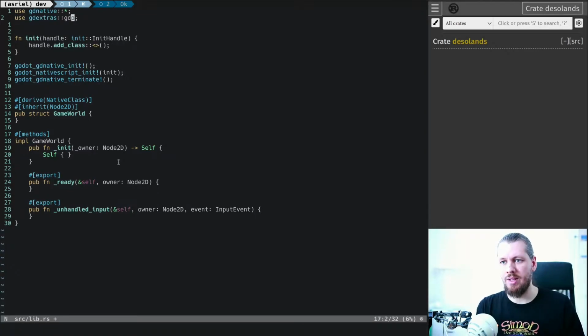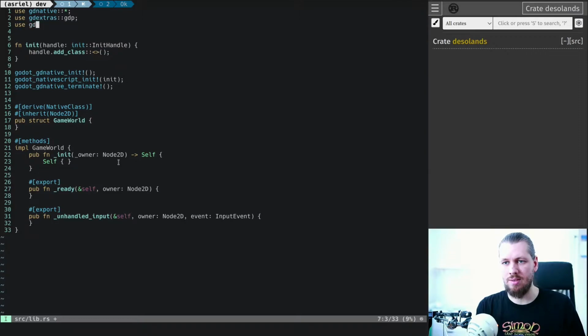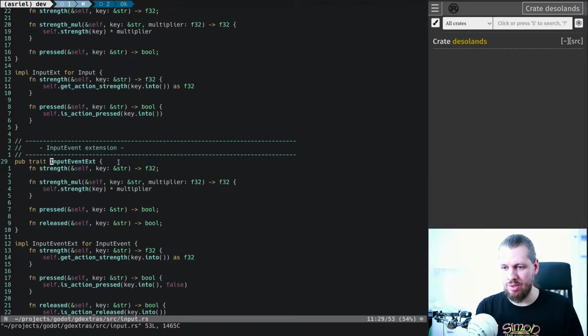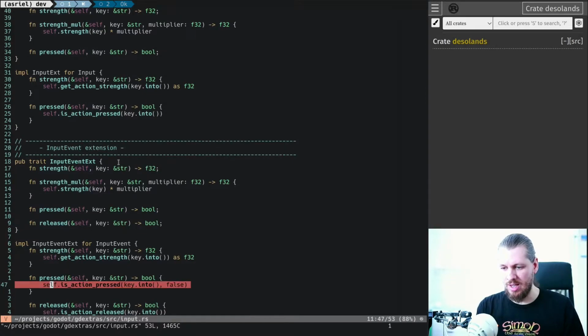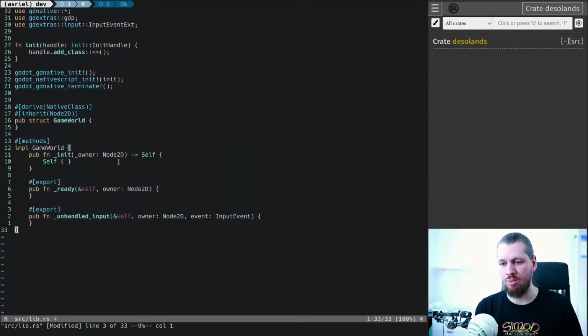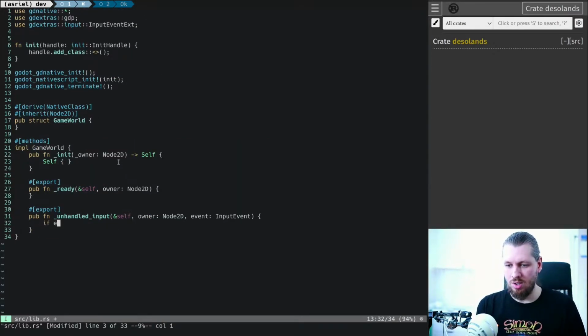a shortcut I made for Godot print and an extension trait I made for the input event, so I can check if the key was pressed without having to type all that out every time. I simply call pressed. So this works for 90% of all my use cases. So if event